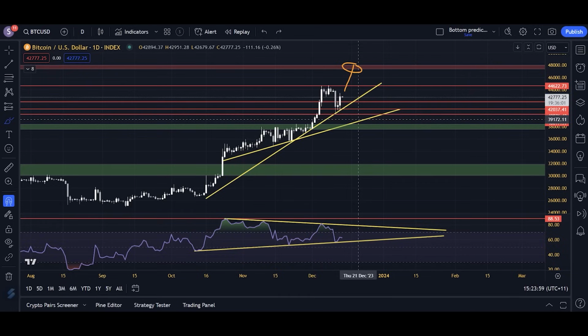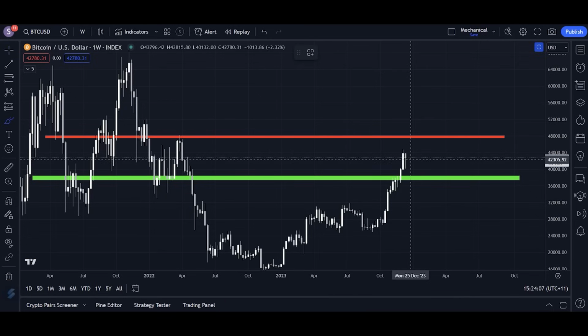But in saying that, I'm not denying at all the fact that there is an argument to be made that Bitcoin could go higher, because in accepting that we are in the middle of a macro range between a macro support and a macro resistance, I'm accepting that there's no clear-cut major resistance and support other than these two levels. And so we only have one of two options, right? Do we go up or do we go down? And in saying we're likely to go down, I'm not completely ignoring the possibility that we could just go upwards,